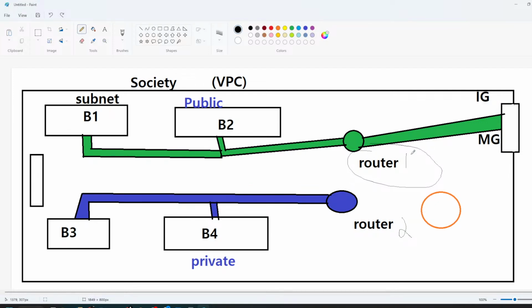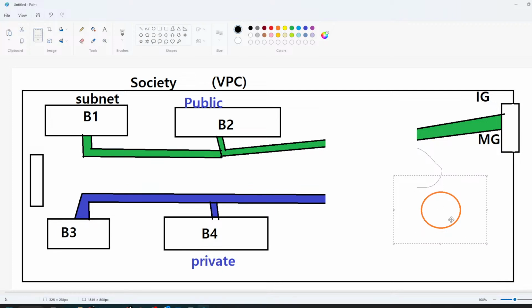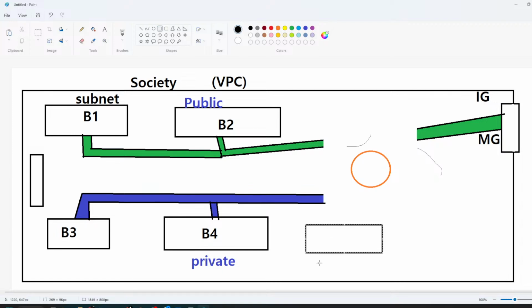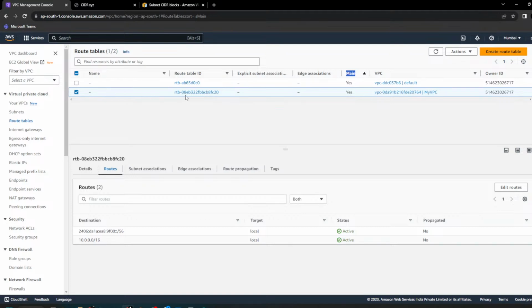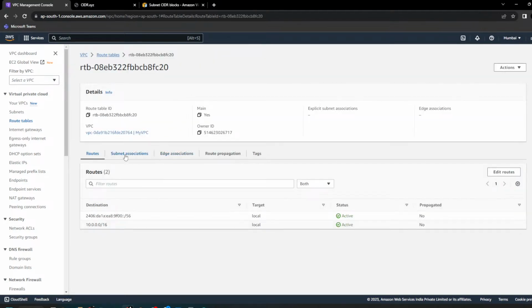जाओ अभी इंटरनेट गेटवे, मैंने कहा ना इन दोनों का भी हटा देते हैं, ठीक है। अभी इसकी बात करते हैं। फनी थिंग इज, जब भी आप कोई भी सबनेट क्रिएट करते हो, मतलब कोई भी बिल्डिंग क्रिएट कर रहे हो, बना रहे हो, बाय डिफॉल्ट Amazon क्या करता है, उनको इस राउट टेबल से अटैच कर देता है। किससे? मेन राउट टेबल से, बाय डिफॉल्ट।